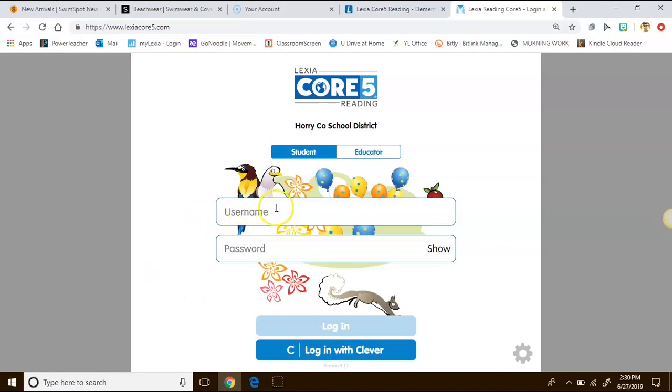Otherwise, if you need to enter in your username and password, maybe for some reason the camera isn't working, you will enter the first letter of your first name and then your last name as your login and your password. You also will have that card, so you will not forget what your username and password is. Double check that you click show so that you know your username and password are identical,